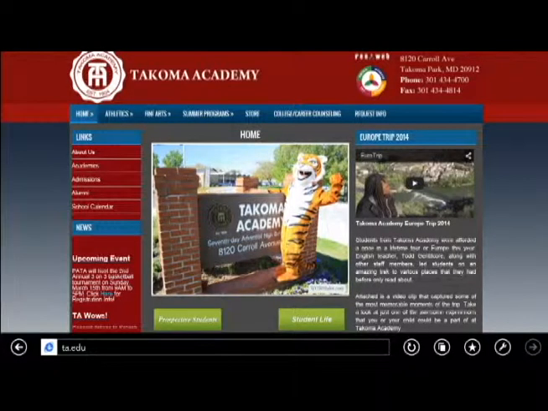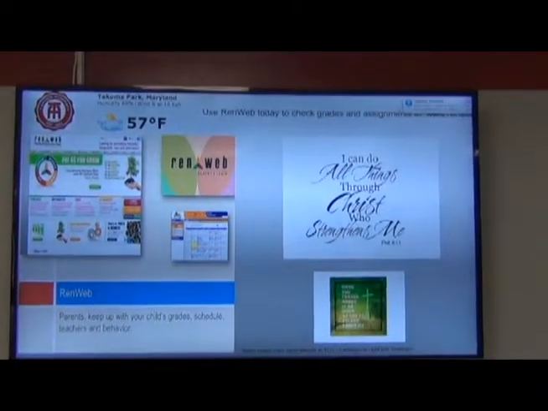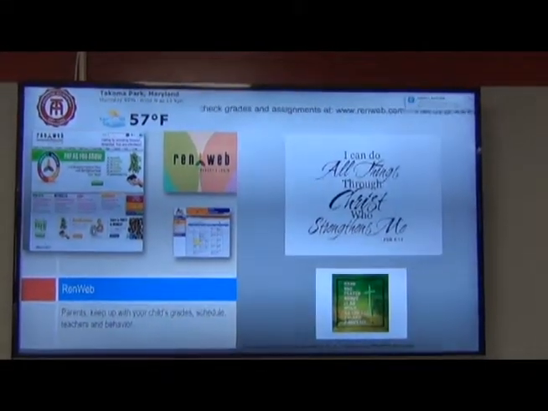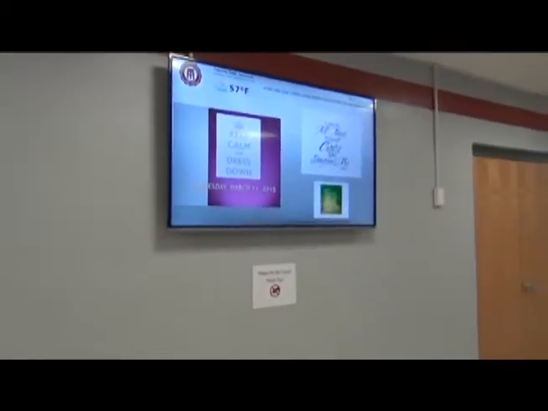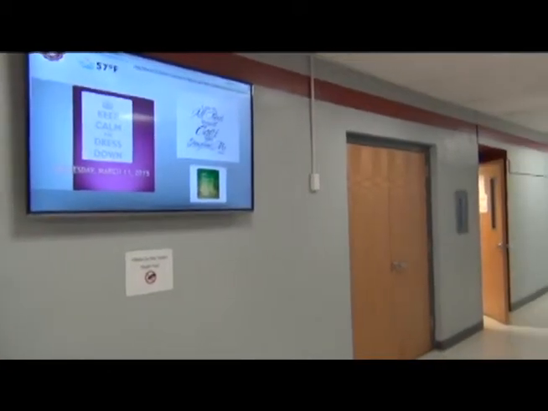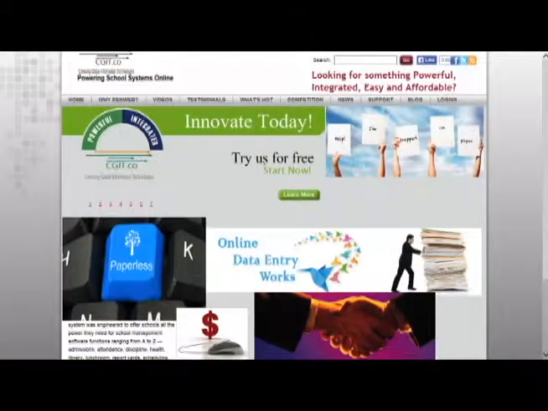Here are some of our additional services: website development, design, and training; digital signage, which pushes out information to staff and students. It's a paperless billboard, saving you money and time. We develop a one-stop application that manages attendance, grades, and communication with parents.